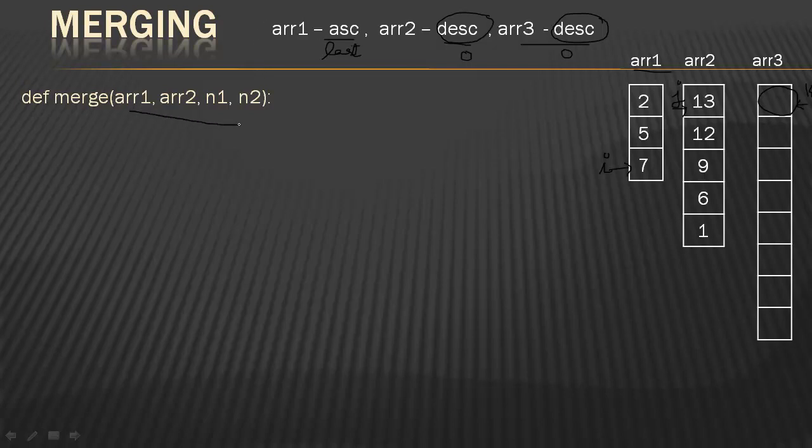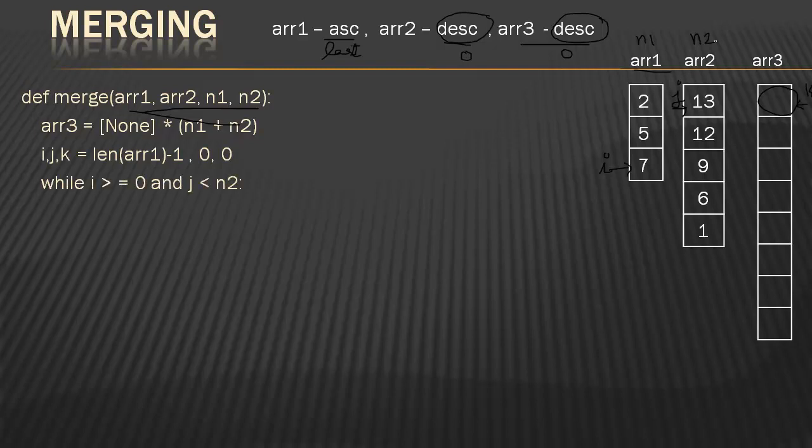So this I've already explained to you. I have two arrays, array 1 and array 2, with n1 elements and n2 elements. Now you need to remember, in array 1 we are traversing, but we are traversing backwards. So the loop for traversing backwards we know is different. So I have array 3 created. You have I, J and K. Now can you see K is at 0, J is also at 0, but where is I? At the last location. What do you mean by last location in an array? Length of the array minus 1.